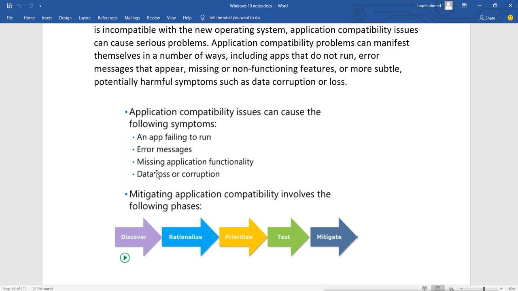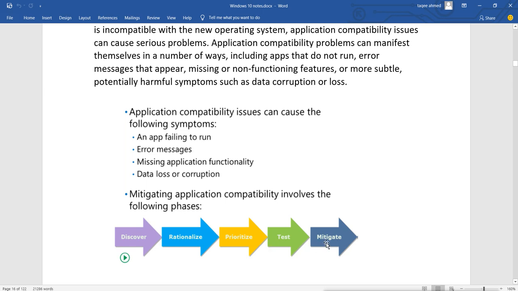If it has a problem, you have to upgrade or migrate that application also. In that tool you have these steps: discover, rationalize, prioritize, test, and migrate.